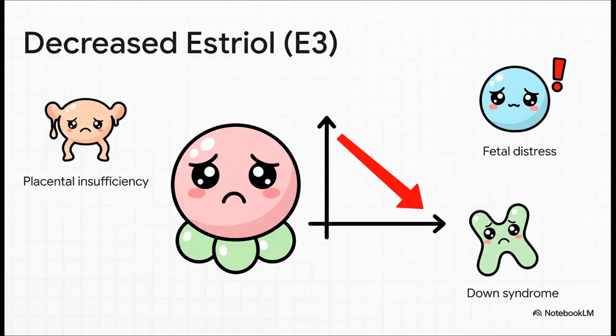So if that huge rise in E3 is a really good sign, well, a decrease is a major warning. Consistently low or falling E3 levels can point to some serious problems, like the placenta not working correctly. And here's a critical value. An abrupt drop of 40% or more on consecutive days is a huge red flag for potential fetal distress. Decreased levels are also associated with conditions like Down syndrome, which makes tracking E3 a key tool for monitoring high-risk